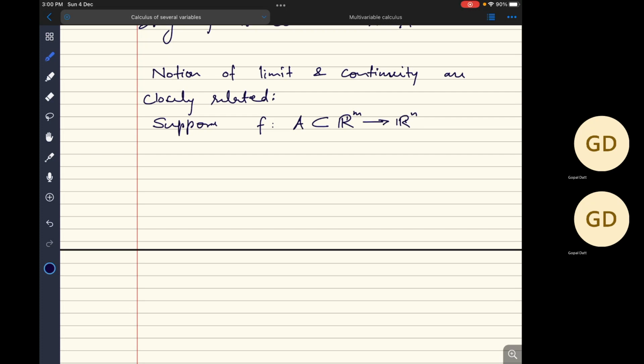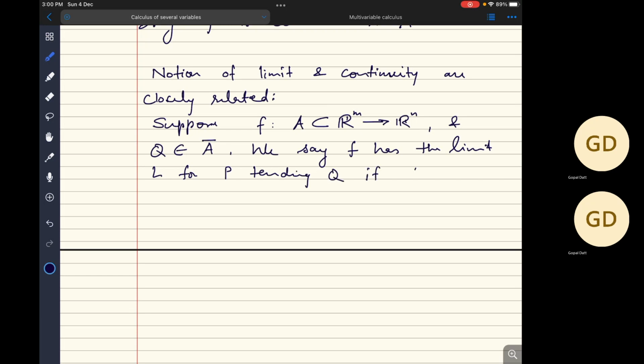So here the domain of f is the set A, which is a subset of R^m, and suppose q is a point in the closure of A. We say f has the limit L for p tending to q